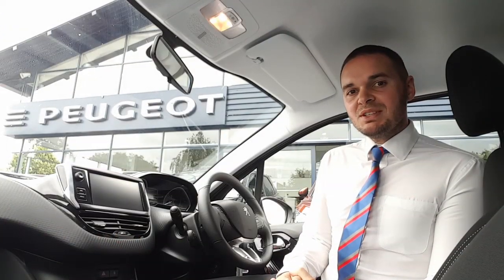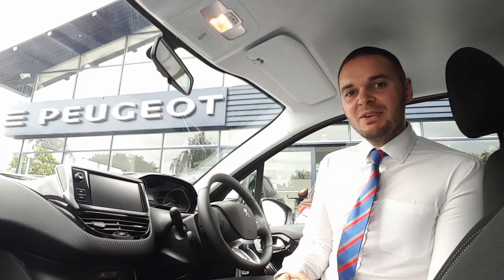This car has the 1.2 litre PureTech engine that gives you 82 horsepower, and if it's of interest to you,